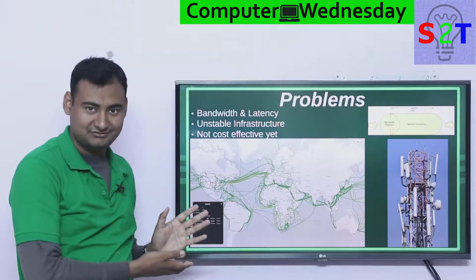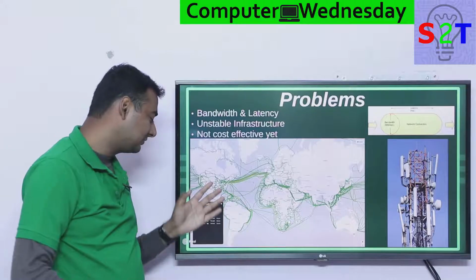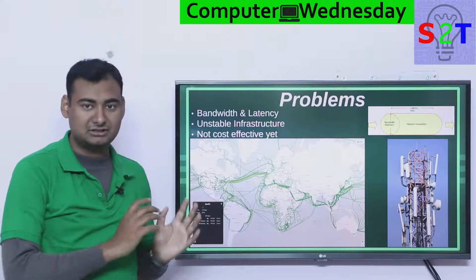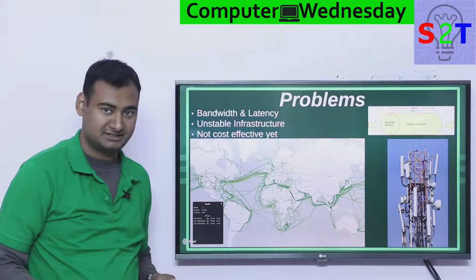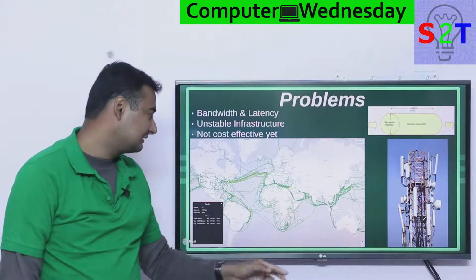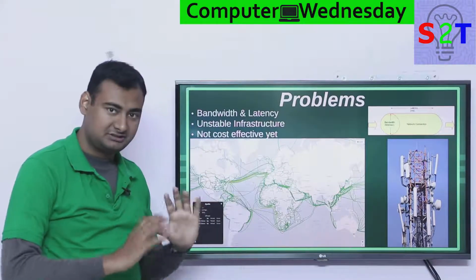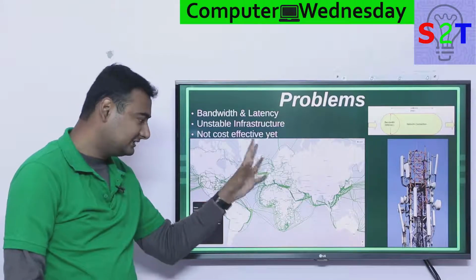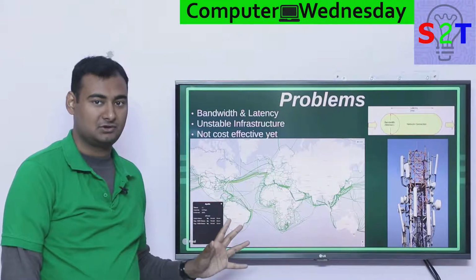Of course, these are not the servers, but these cable throughputs are generally in a few petabytes per second. And they connect to the server homes and to internet service providers. So as you can see, India has a lot of them, China also has a lot of them, and there is a very thick trunk cable system going from America to Europe. So these cables are the fastest lane possible.